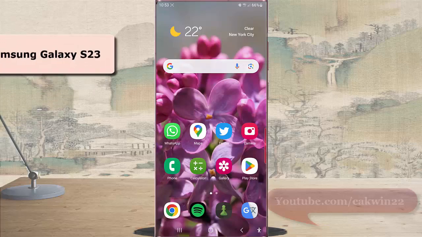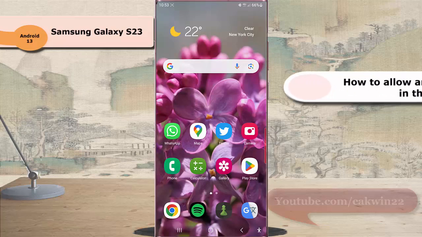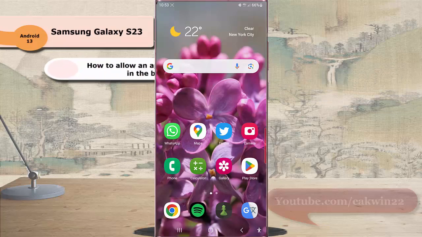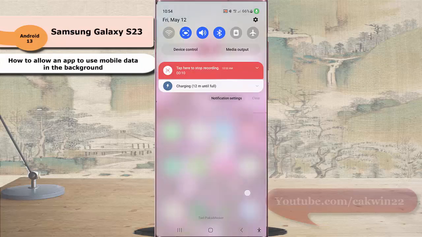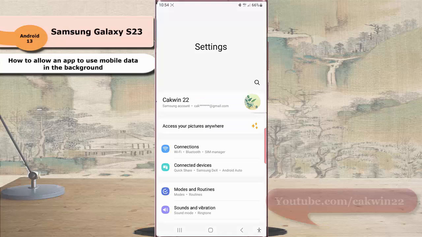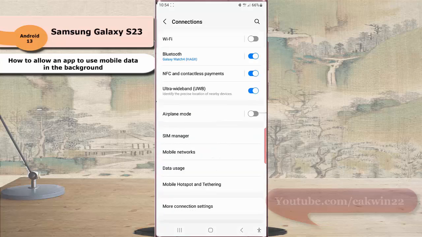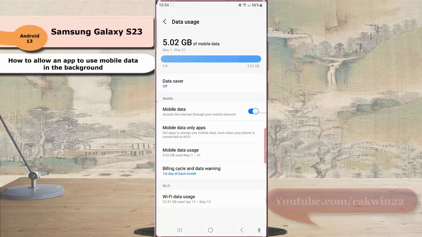To allow an app to use mobile data in the background in Samsung Galaxy S23 Ultra, swipe down the top of the screen and then tap setting icon, tap connection, and then tap data usage, tap mobile data usage,